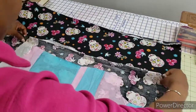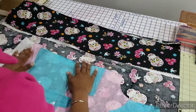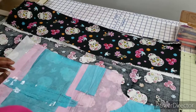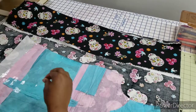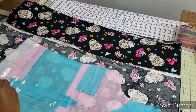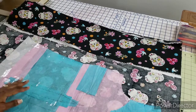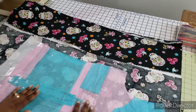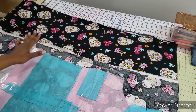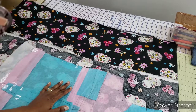I'm going to cut the fabric out using my tissue paper pattern, and then once I am 100% sure about this fit, I will go ahead and put this on some gridded, I don't know what it's called, gridded fake paper, fabric paper. I'm not sure what it's called. Let me check these skulls. The skulls are going every which way. Okay, there's no directional, but I'm seeing right here